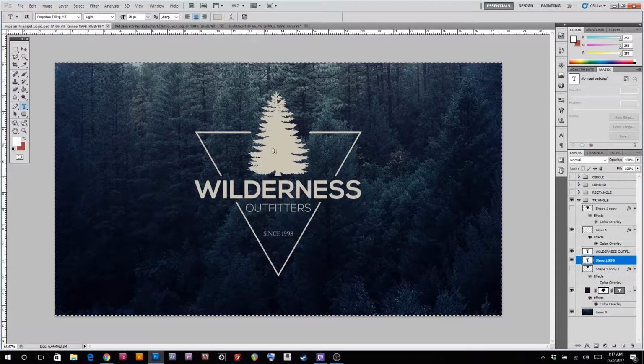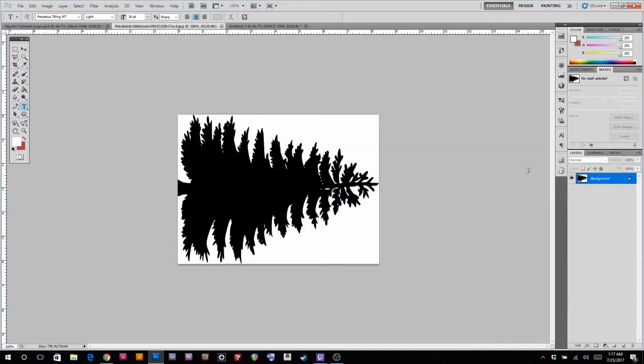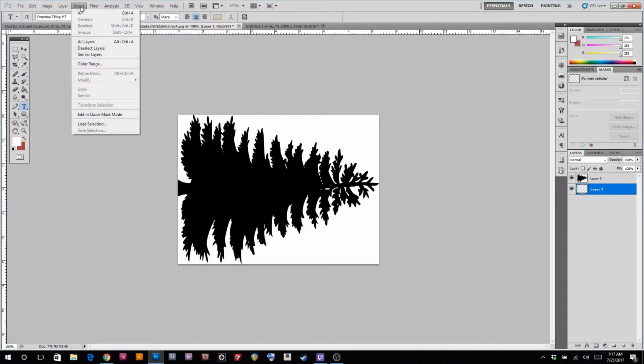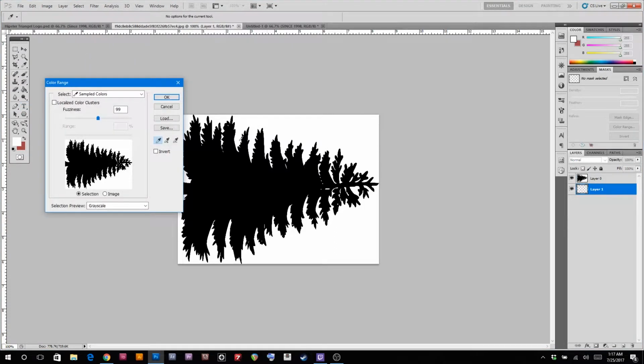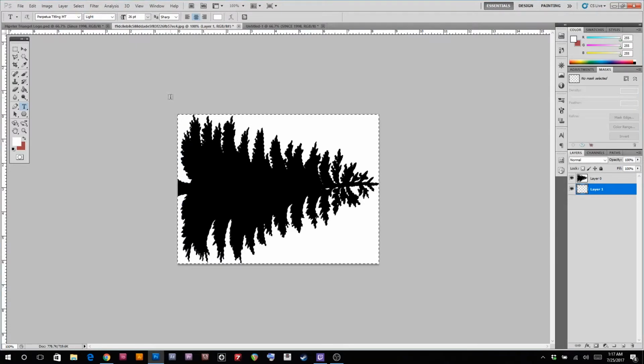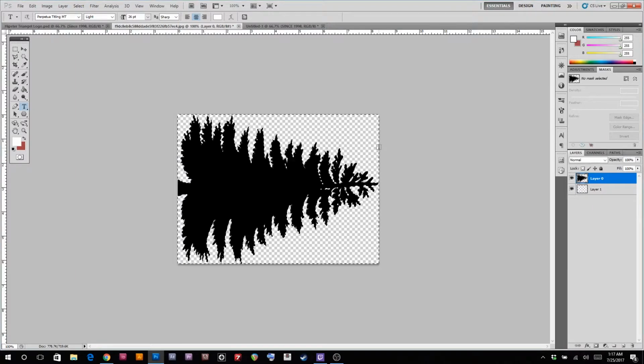So in this case, we're not going to hand draw this. We're going to go find an image on the web, which I've already pulled. It comes in a black and white format, and what I'm actually going to do is double click on that layer, and then create a new layer. I'm going to drag that new layer to the bottom so it's transparent, and then I'm going to go to select color range, and I'm just going to select that white, and then I'll just hit the good old delete button. Oops, make sure you have your layer selected, and then hit your delete button, and there you go,